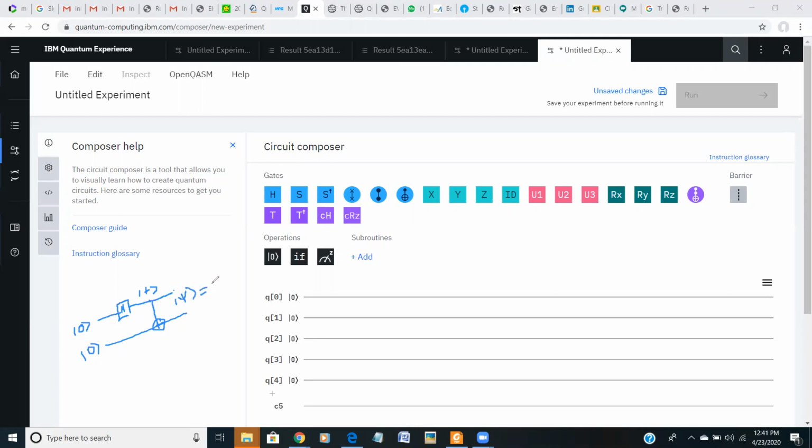This is nothing else than beta 0. That means obviously beta 0 is the state that is (00 plus 11) by root 2.